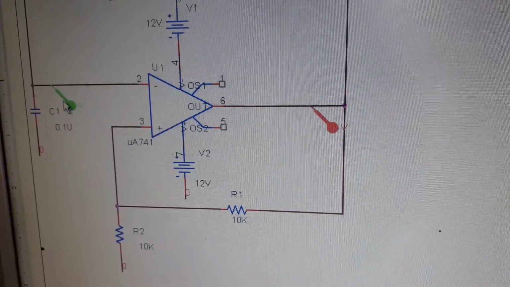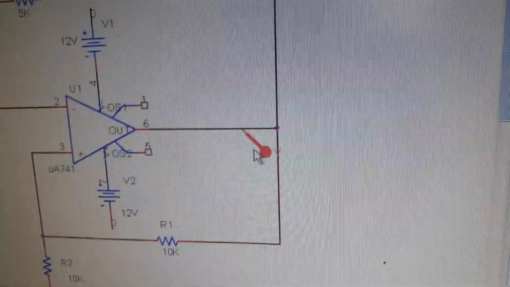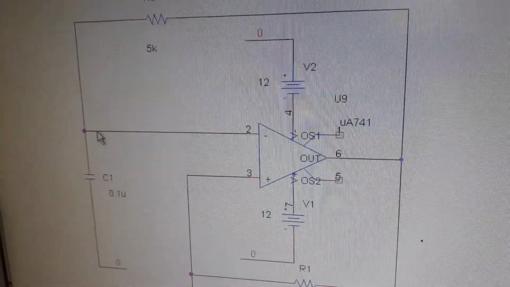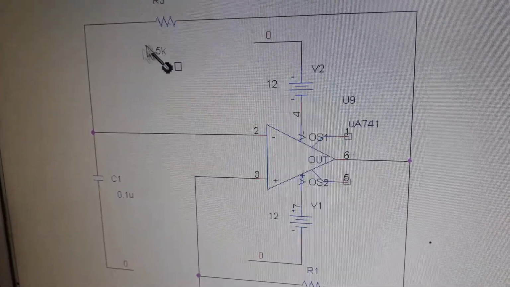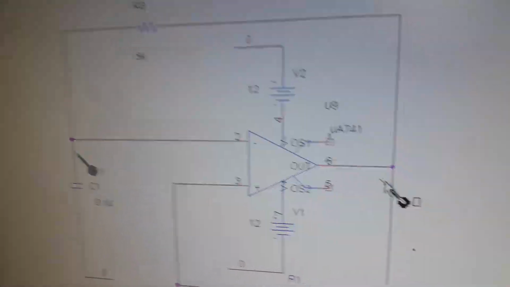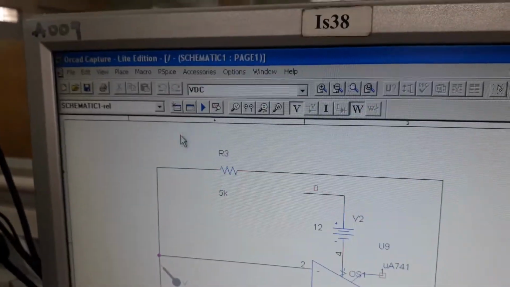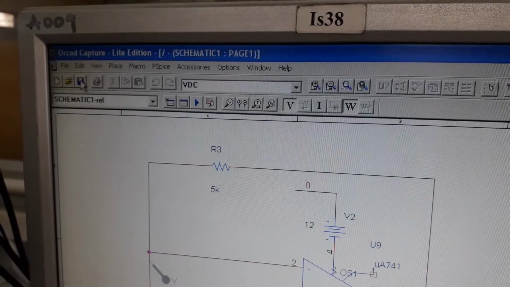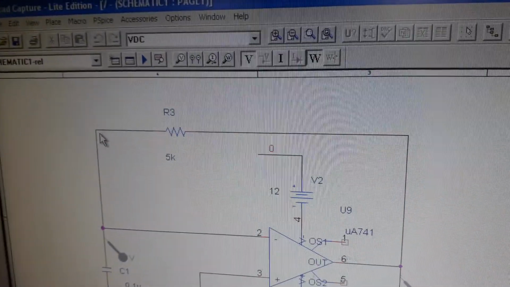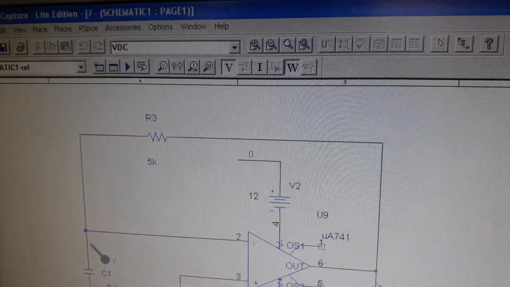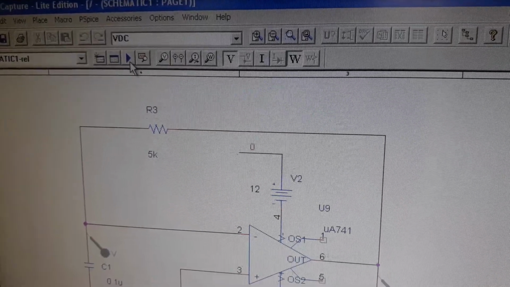This is one probe and this is one probe, so two probes are inserted. Place this one here and one here, and press escape. Now two probes are inserted, and now click on the save icon to save this project.